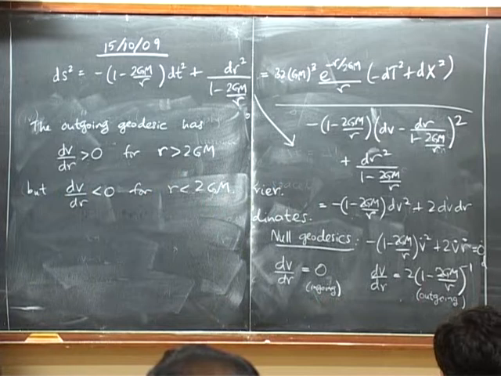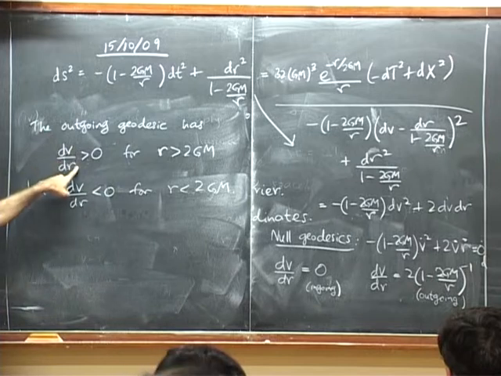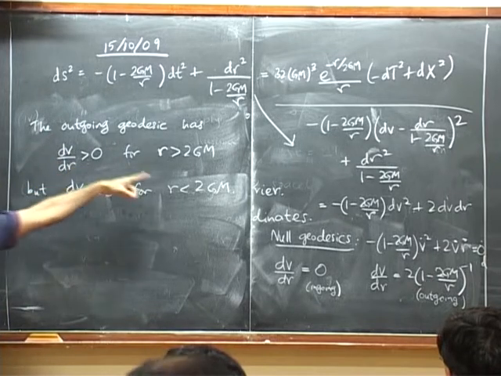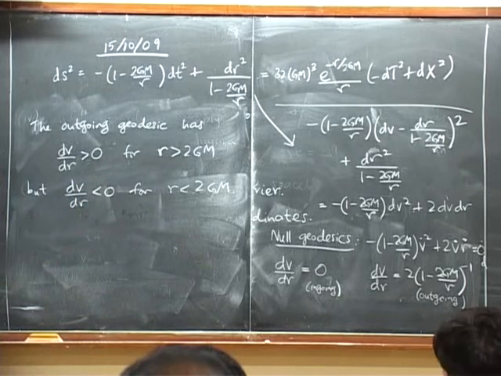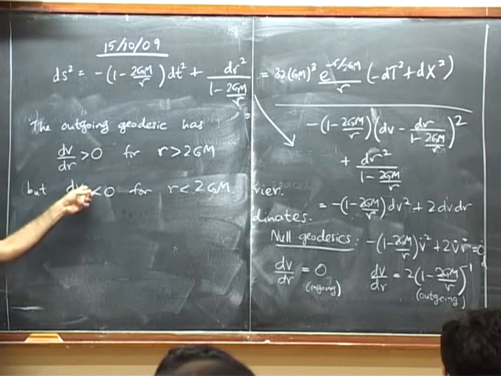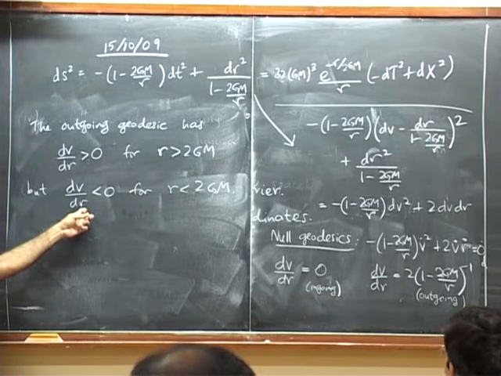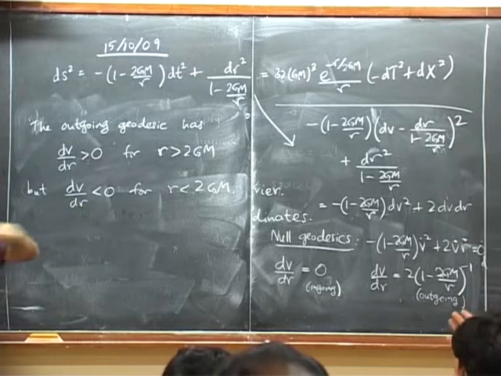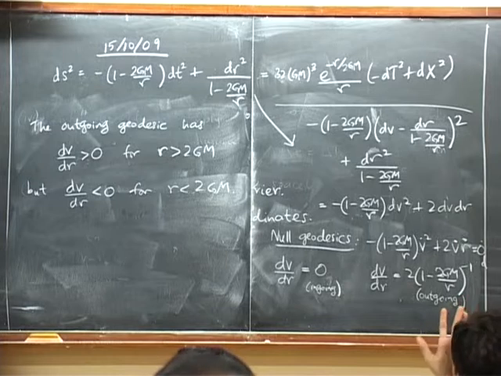V is a time. So time is supposed to be increasing. This one says that as long as we are outside the horizon, when time increases, the distance increases, which is exactly what we mean by outgoing. Outgoing means that as time increases, we move away from the center. However, once we are inside, as V increases, r decreases. So the same geodesic inside is taking us towards the center instead of away from the center. So there is a sense in which the outgoing geodesic has become ingoing.